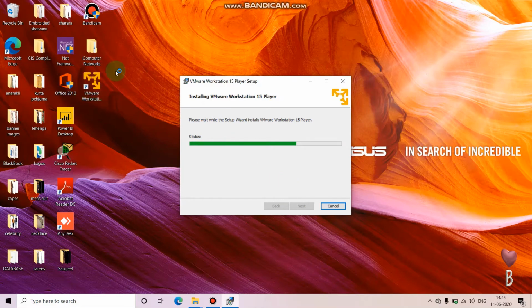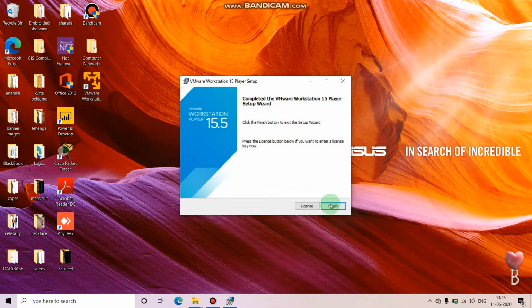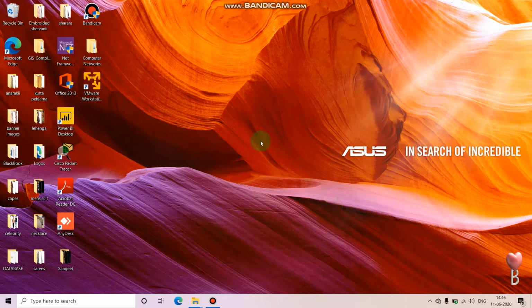See, I got the logo on the desktop. The logo of it. This one. So I have finished with the installation of the VMware workstation. So let's open it.